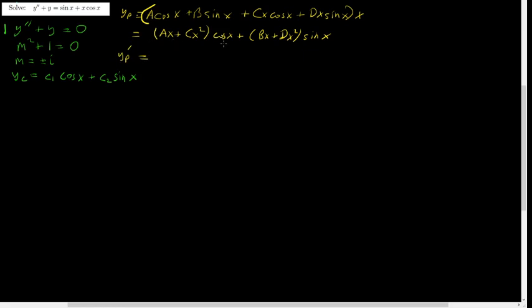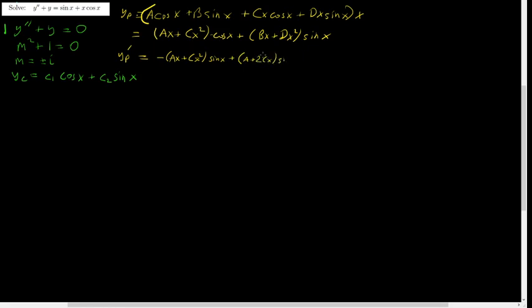So I guess that's going to involve the product rule here. So first times derivative of the second, so that'll be negative ax plus cx squared times sine x, and then second times the derivative of the first. So the derivative of the first is a plus 2cx